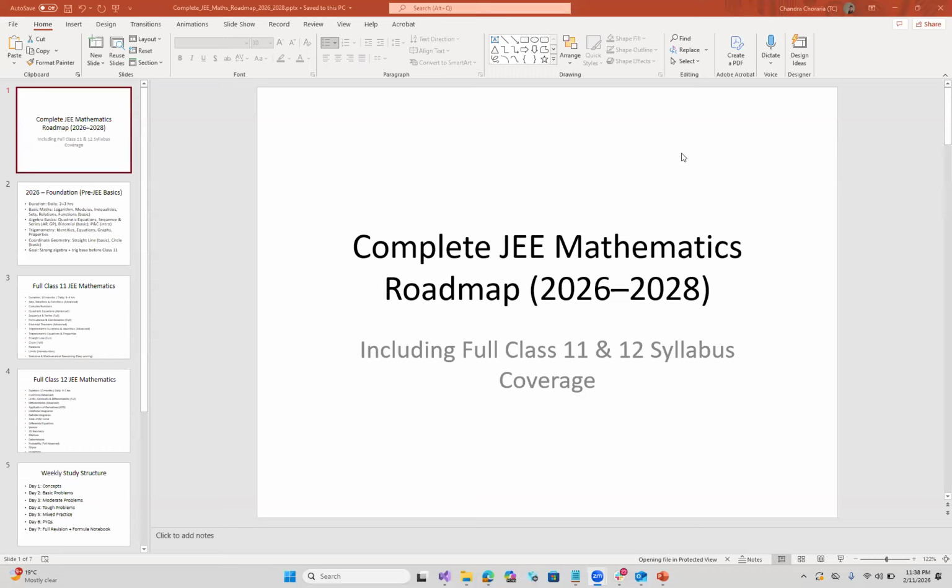I will share my roadmap now. So here we'll see the roadmap which I prepared. Since the current year is 2026, I'm thinking about whoever the aspirants are, the future aspirants, for JEE maths especially, who are about to give it in 2027 and 2028, till that period, and also in 2026 as well, what sort of steps we can follow.